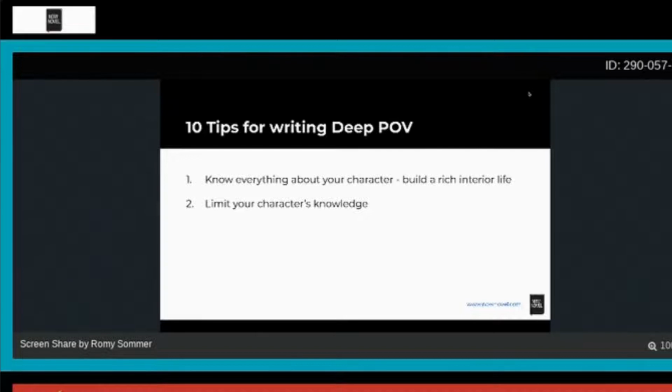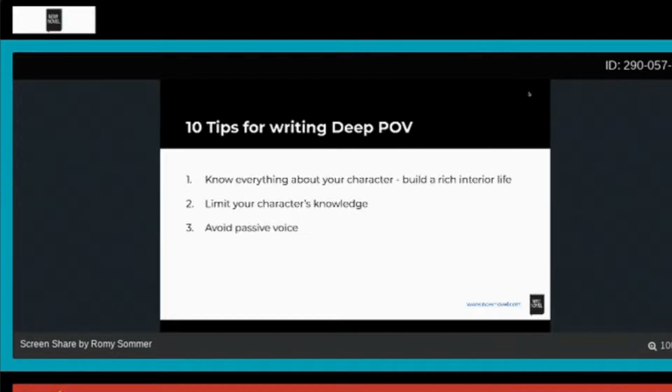So limiting what characters know also makes them more realistic. As I think it was Billy who said earlier, or as we said earlier, it's more authentic because in real life we only know what we know. We only view the world through our own viewpoint. So therefore, when we're in a book where we also have this limited view of the world and we can only see through the character, it just somehow gels with us. We all get that.